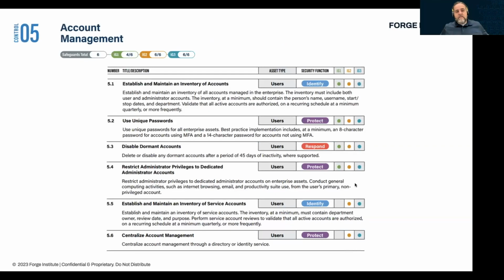So when we get down into those safeguards, this is where we get a little bit more granularity. And so we talked about maintaining accounts and accesses in the cybersecurity framework. And so you can see here in CIS Critical Security Control 5.1, establish and maintain an inventory of accounts.